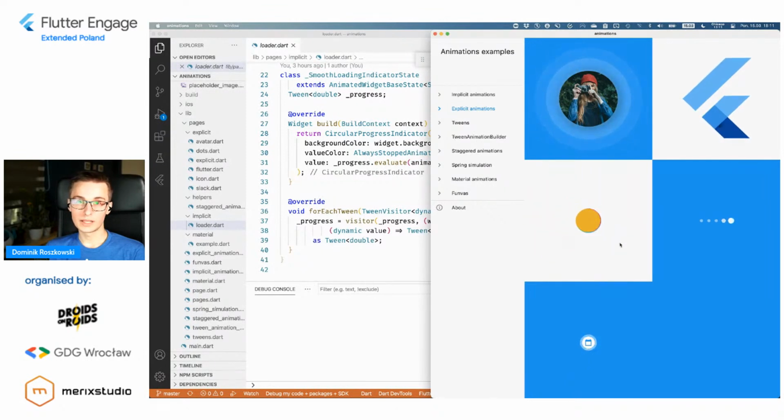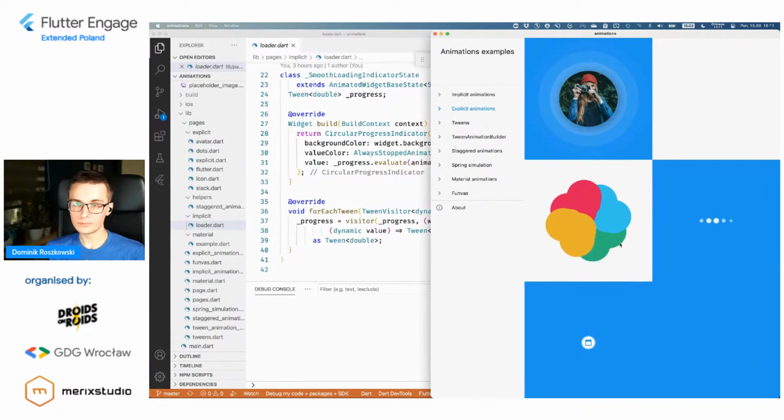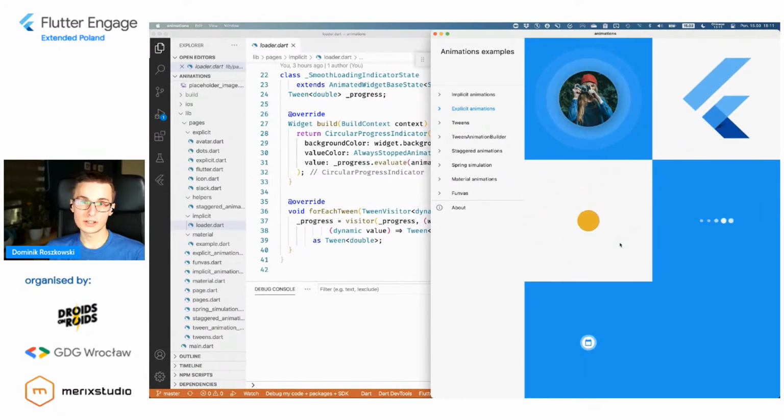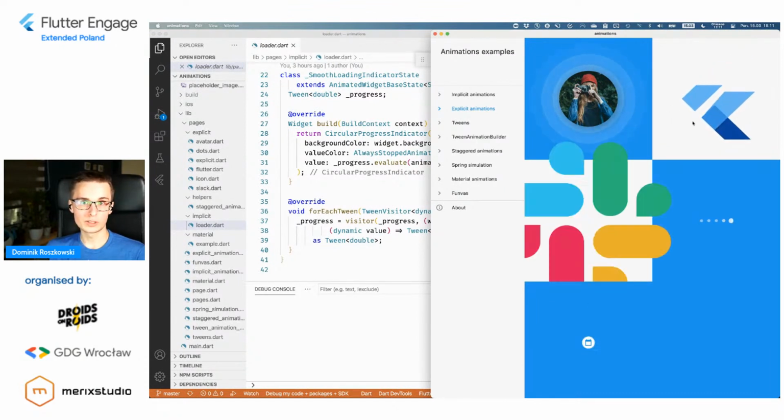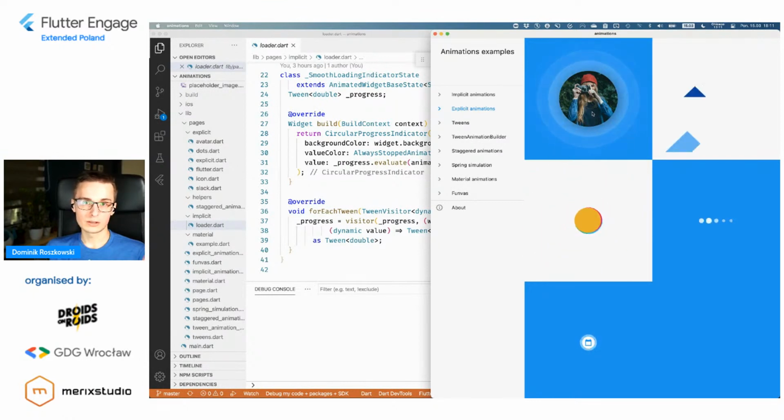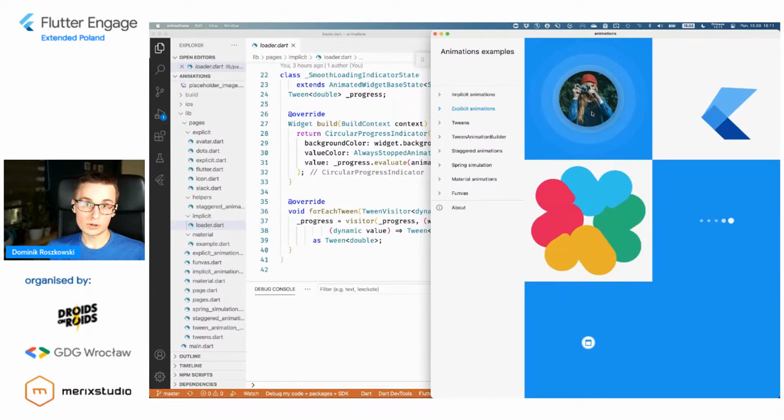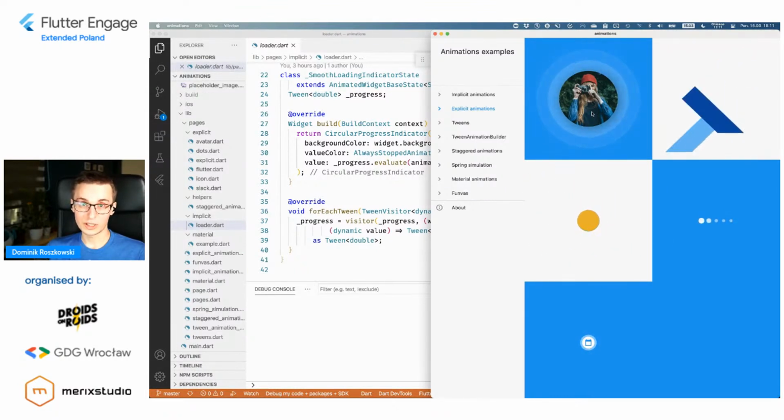All of them are some kind of micro interactions or, let's say, decorators, right? They are not like game animations where you have some kind of engine model or whatever. If you were to use them, they would always be somewhere on the side of your app. They wouldn't be the main element of your layout. But of course, you can also use explicit animations for that. But for the simplicity of this presentation, and because I had these animations on hand, I'm going to show you some examples of them.